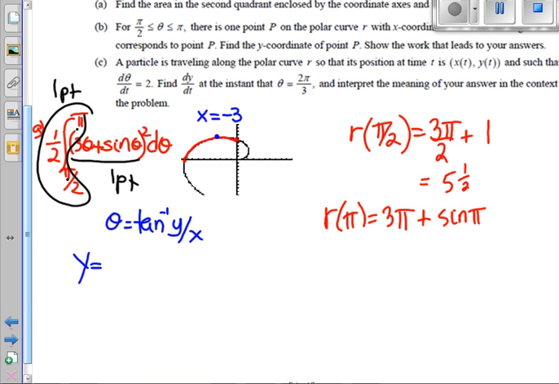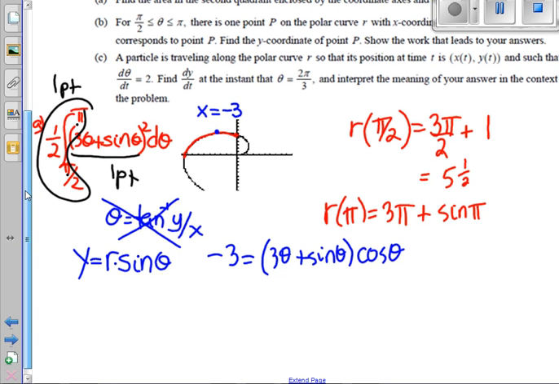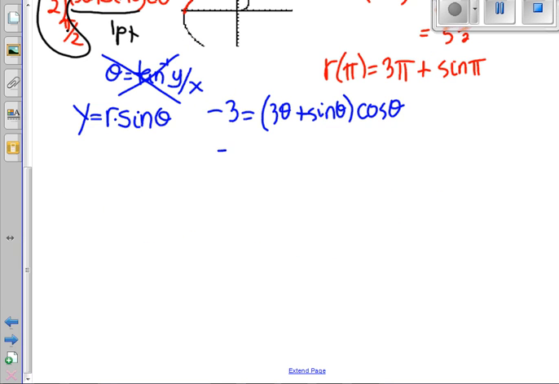Actually, I don't need to do this. I did this the first time. If you do x equals r plus 1... Yeah, I was just going to say, because when I started to do this, y equals r sine theta, and I know that I need the angle there. So x is -3, which is equal to r. What's r? 3 theta plus the sine of theta, that's my r, times the cosine of theta. Can you find theta? I would go to a regular window personally on this one and actually solve this one